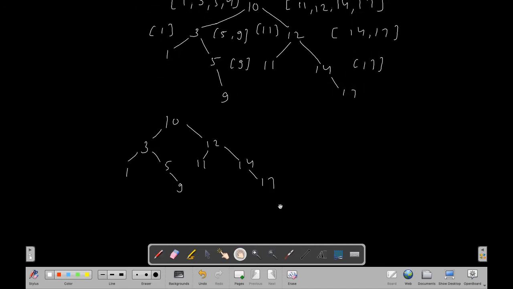So this is what we got after constructing the binary search tree from our given array. The array was 1, 3, 5, 9, 10, 11, 12, 14 and 17. This was our array. We have constructed this binary search tree from our given array using recursion.